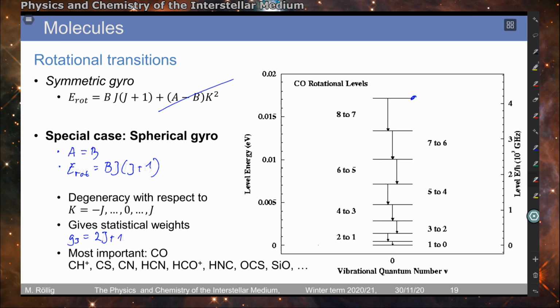And a few important molecules, the most important is maybe CO, but here are some other linear molecules that all share the same energy level shape. We see here the example of the CO rotational levels. We have the selection rule that delta J needs to be 1. So we have here this transition from 8 to 7, 7 to 6, and so on. And you see this regular symmetry here, so that the transition frequencies always change in the same delta